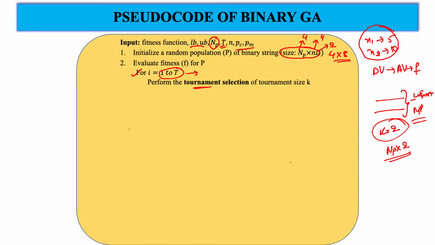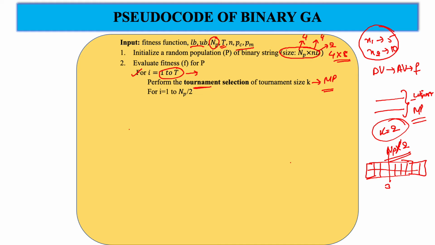So once we have that mating pool, we need to do Np by 2 crossovers. After selection we got the mating pool, then we will perform crossover. So as we know, Np by 2 crossovers. Why Np by 2 crossovers? We have seen that we select 2 parents. Suppose we are having 2 parents of 8 bits, and the crossover site we have randomly selected as 3. This we have discussed already. So the tails of both the parents will get interchanged and it will produce new offspring.